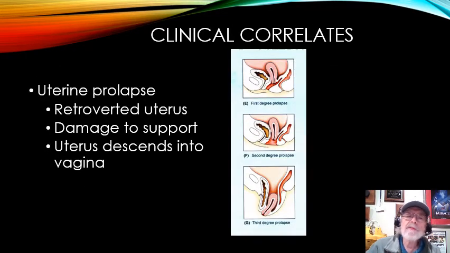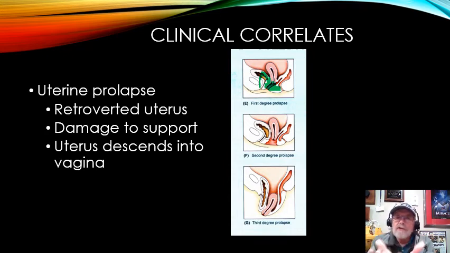A couple things about the uterus that we should probably mention that I think are sort of different is this happens particularly more with what I call multiparous females. What I mean by multiparous is that they've had many children. Okay, multi means many, parous means delivery. So if a female has lots of kids, what happens is the muscles that support everything up in here. Remember before I mentioned the pelvic diaphragm, through the perineum and stuff like that.